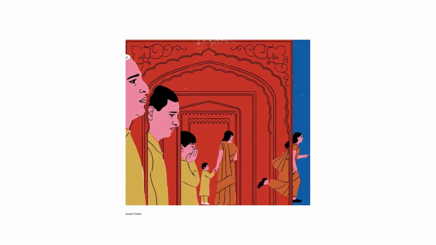This next one is by Sonia Pulido, and I think this one is really intriguing just because it ends up being something like an asymmetrical composition but it also has some elements of symmetrical composition as well, so you might argue it either way. But I really like the way that the figures in the foreground are made so large,